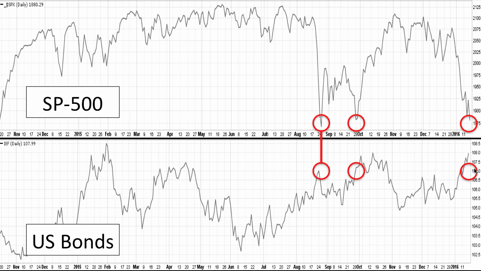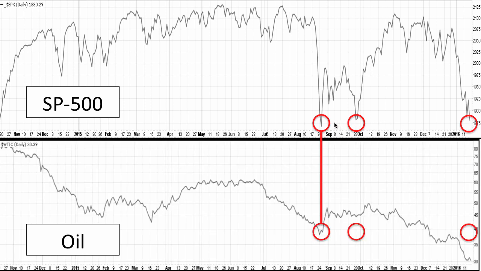And that's noteworthy because people usually move into bonds when they're concerned and scared. So from this one measurement, people are getting more concerned with the third testing of the channel that the S&P 500 is in. The second price chart I want to compare the S&P with, at the 3 bottom support points, is